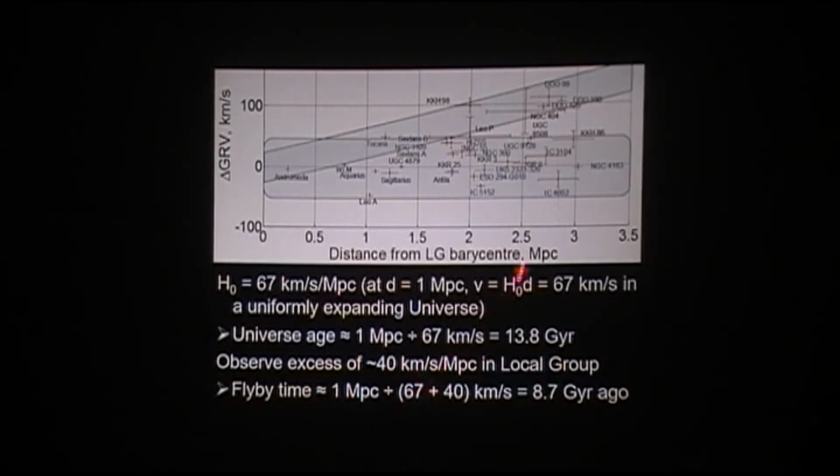So what you do is you divide 1 megaparsec by 40 plus what the model is. So the model is basically uniform expansion at long range because gravity is quite weak there. So that's another 67. That means you get a flyby estimate around here. Basically what this is saying is that there needs to have been like one Big Bang to explain this, but at least locally a second kind of mini Big Bang to explain these high velocity galaxies, which was not 14 billion years ago, but probably about 9.